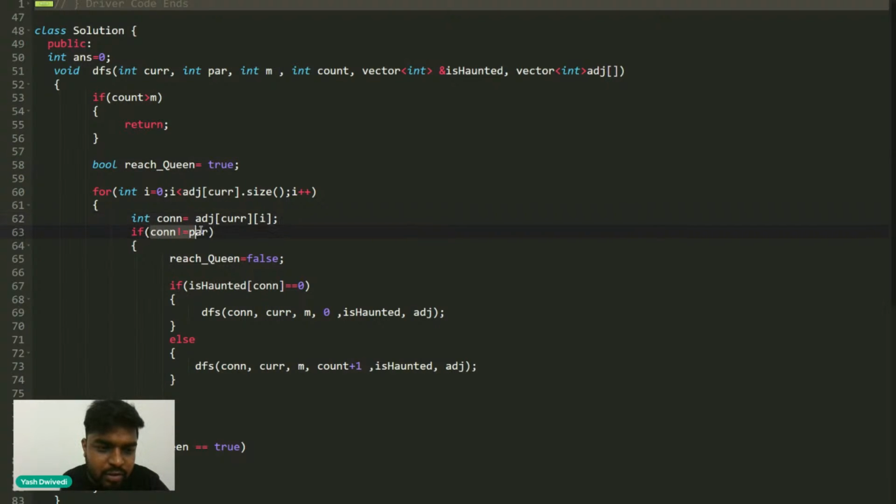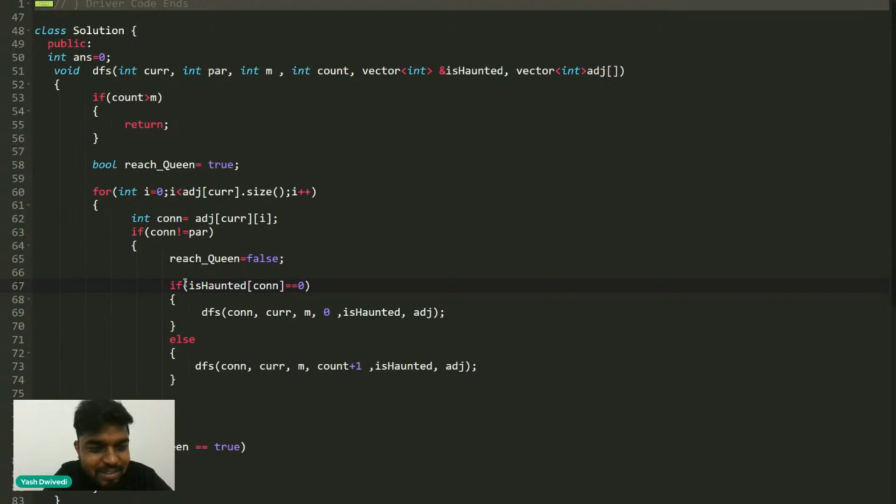And if the connection is not equal to the parent, then I need to mark the reach queen variable as false, because this is not a leaf state. And then I'll call the DFS for the connection, and its parent will be the current guy. I'll pass M value as well. Then the counter will become the updated count. And is haunted array I'll pass. Adjacency also I'll pass. Right.